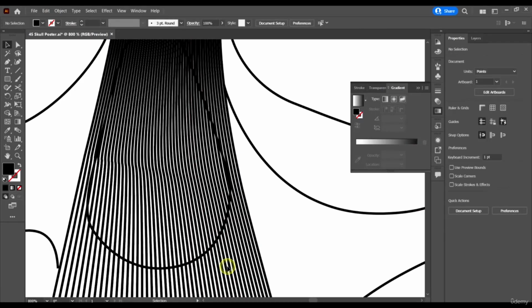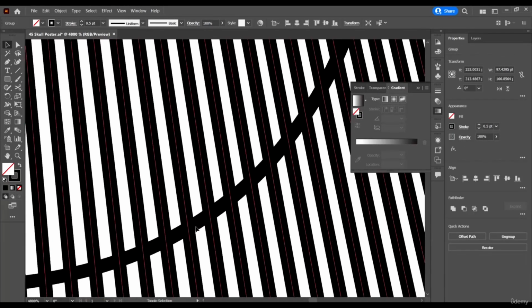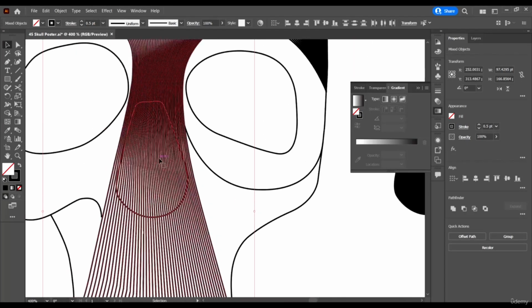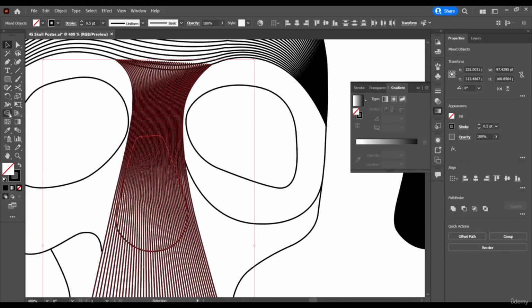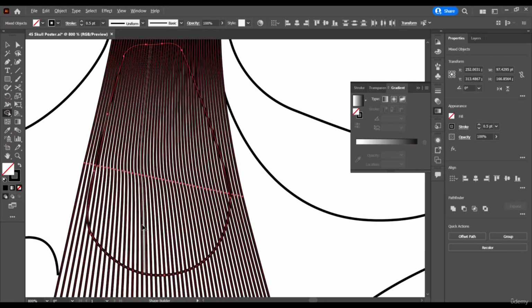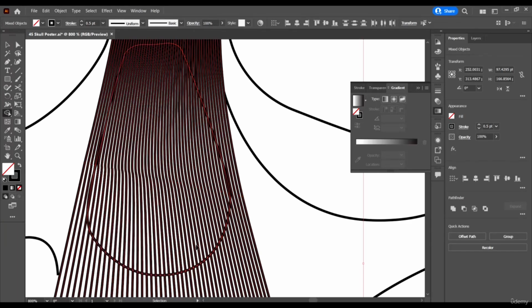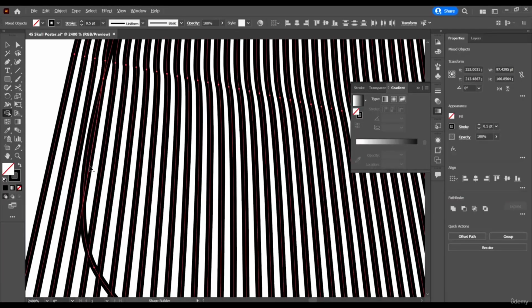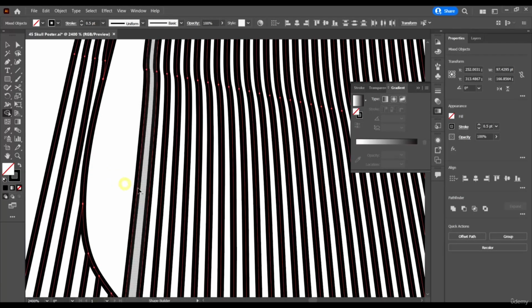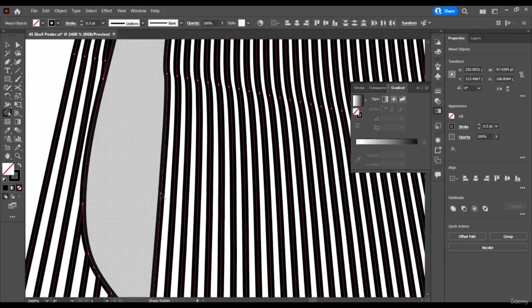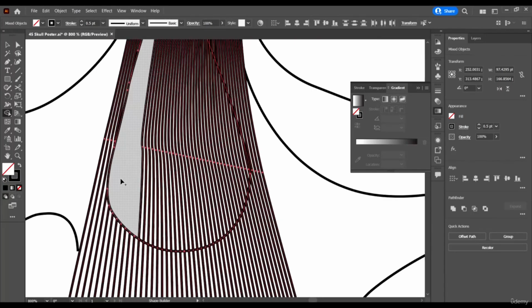And then we want to select this one and then select this other line here for the nose, which we duplicated. And let's just go to our Shape Builder tool, and then holding down Alt, let's try dragging out to delete, but it's not working well because it's deleting with the main line. That's not what we want. So we're just going to select them individually. You see, this is something that will take time, but if achieved, it's going to look nice, right?